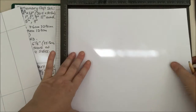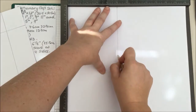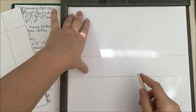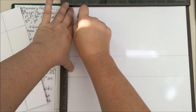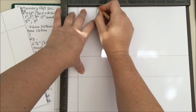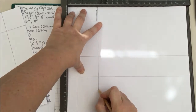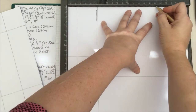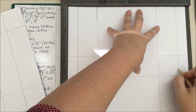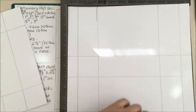And I'll just do those again. So we've got 5 inch and 7 inch. And we are going to go at 1 inch, 3 inch, 9 inch and 11 inches. Okay,